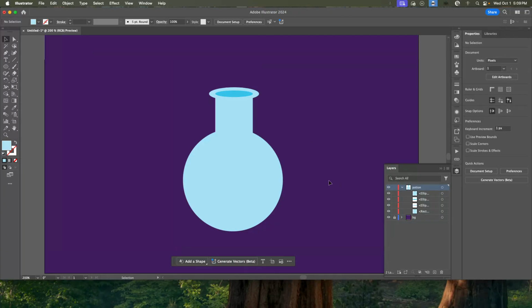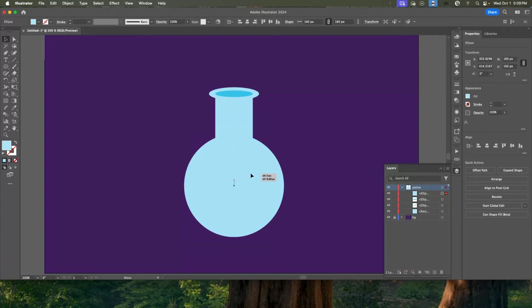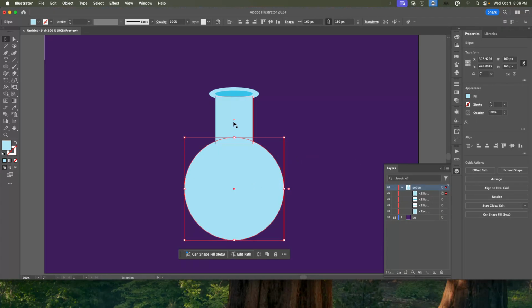Align all the shapes in the center. I'm pretty sure mine's in the center. There we go. I just want to see how tall I want to make this. So this is the positioning that I have for my little potion. Okay. It wants you next to select the circle that we just made and the bottleneck, which is